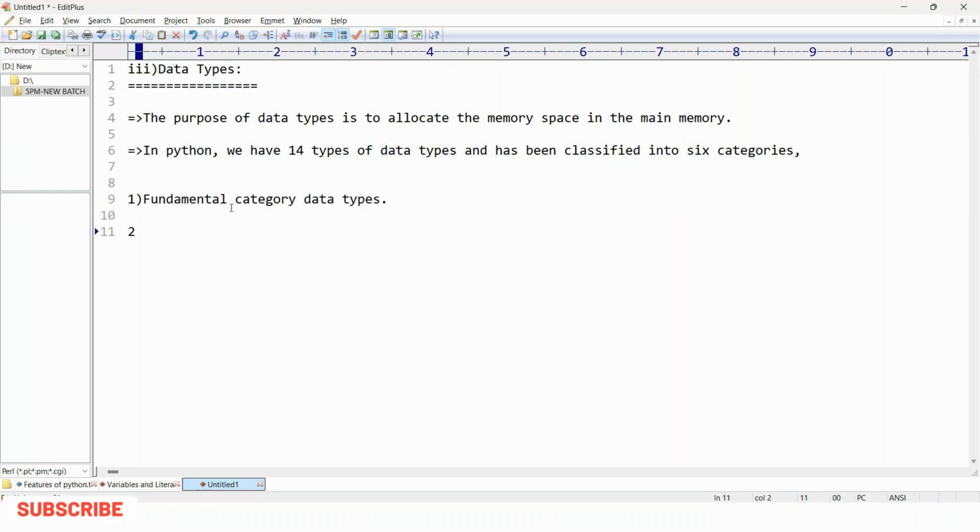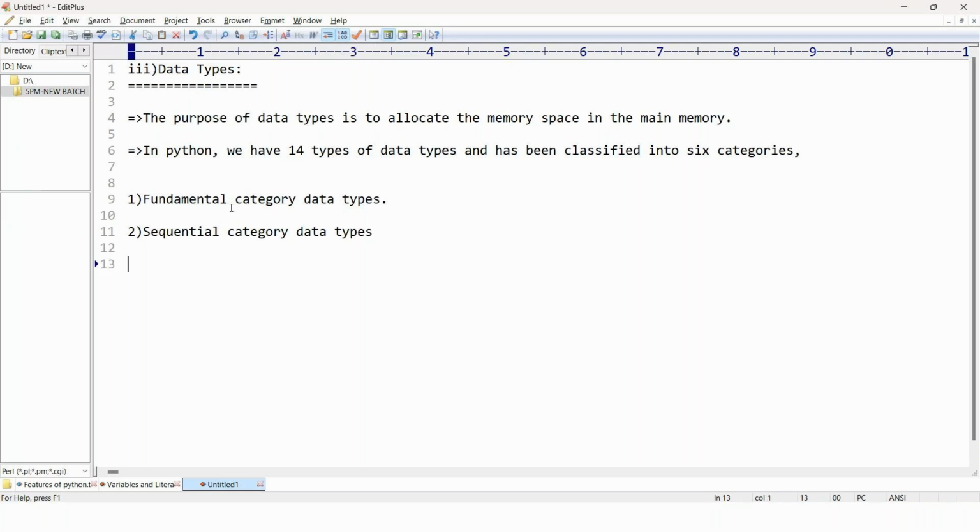Second, we call it sequential category data types. Third, we call it list category data types. Fourth, we call it set category data types.